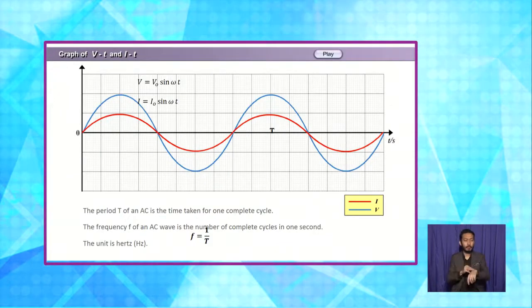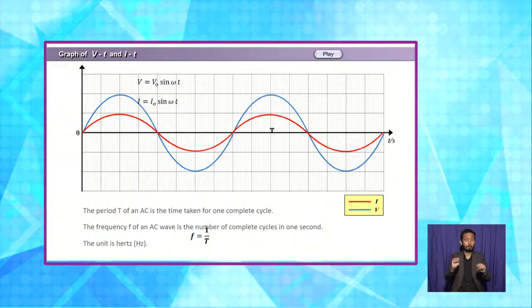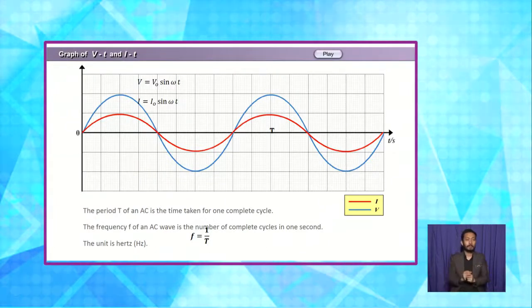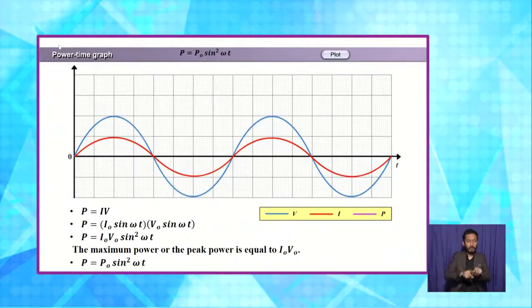The period T of an AC is the time taken for one complete cycle. The frequency f of an AC wave is the number of complete cycles in 1 second. The unit is hertz. Since the current and voltage vary with time, the power dissipated in the resistor also varies